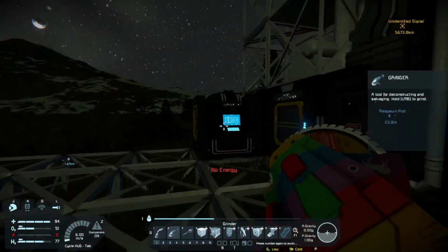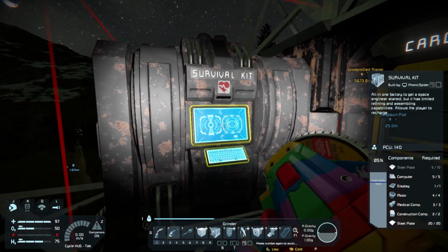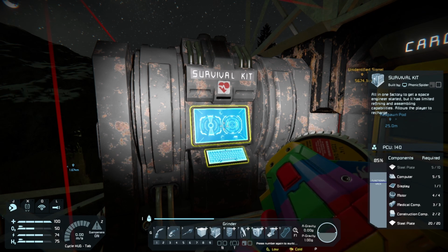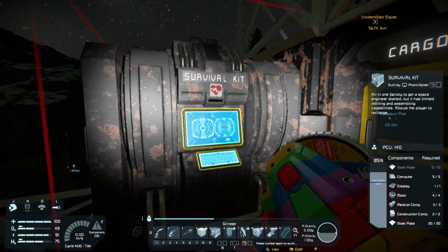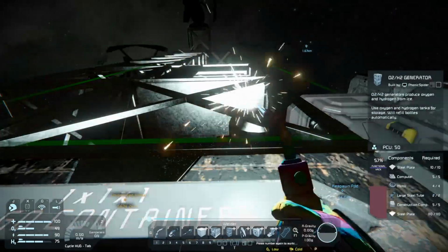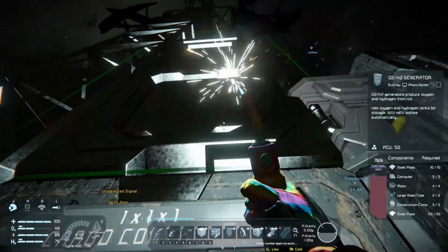No, I'm out of energy. Now see, that's what I was talking about. When you run out of energy, it does have the chance to start killing you, and that's because right now it is low O2 and cold temperature. So always keep track of that. And then how many more steel plates do I need? Ooh, had enough. Cool, so we'll have our O2